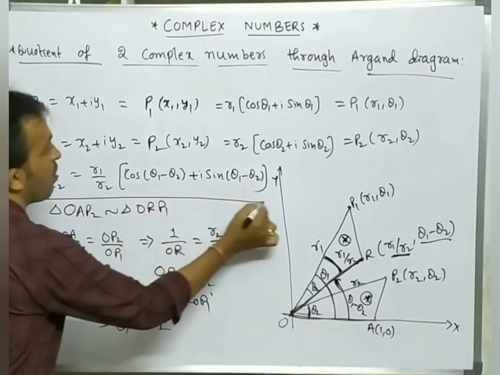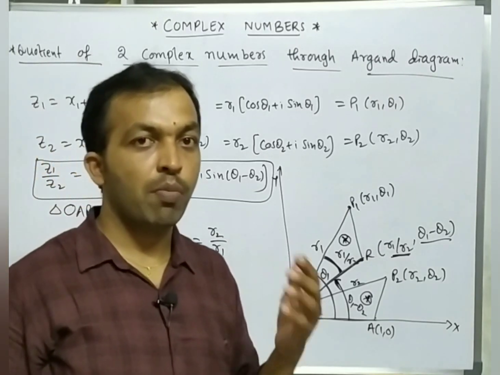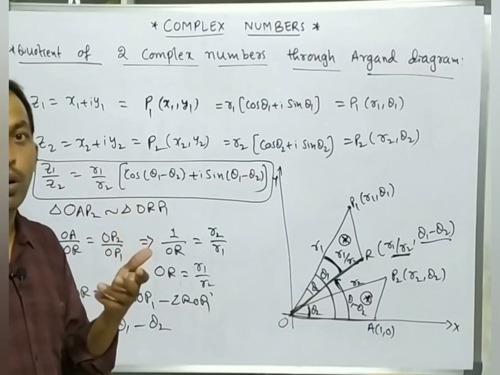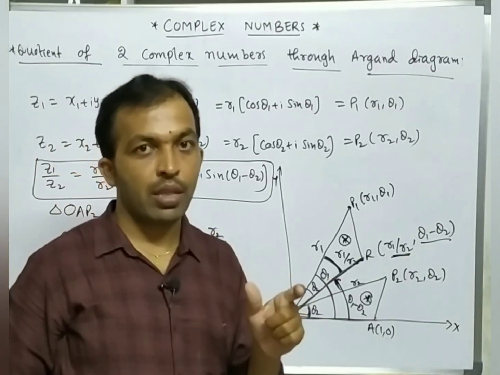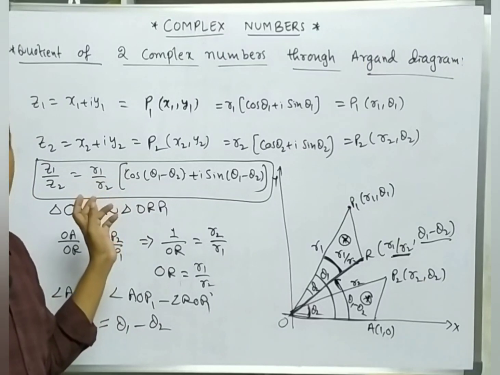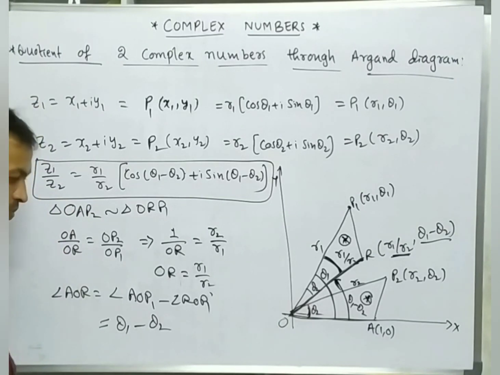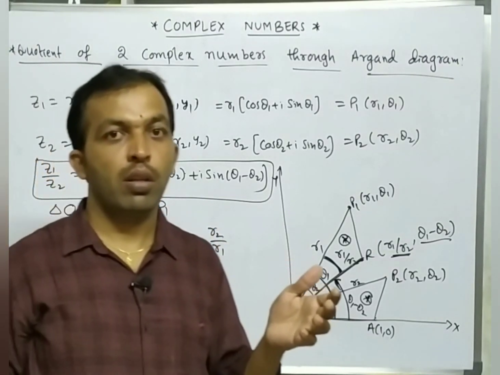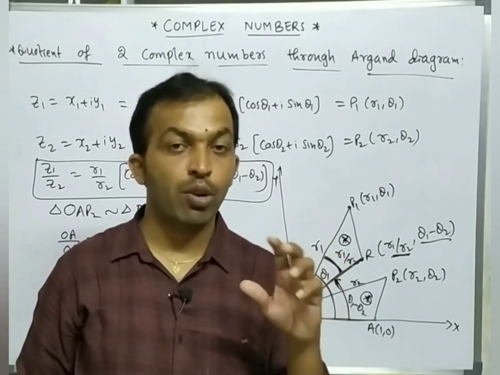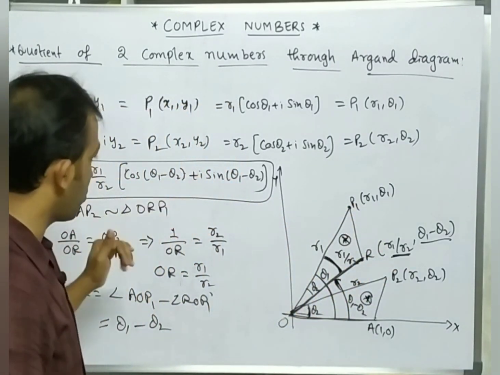We have already calculated the quotient of two complex numbers in previous videos, so please go through those videos. In the polar coordinate system, I think video number 6. In video number 6 I explained the product and quotient of two complex numbers. It was before the 1C exercise video, where I explained the concept related to the 1C exercise. Maybe video 6 or 7. Please go through that and you will get the clarification.